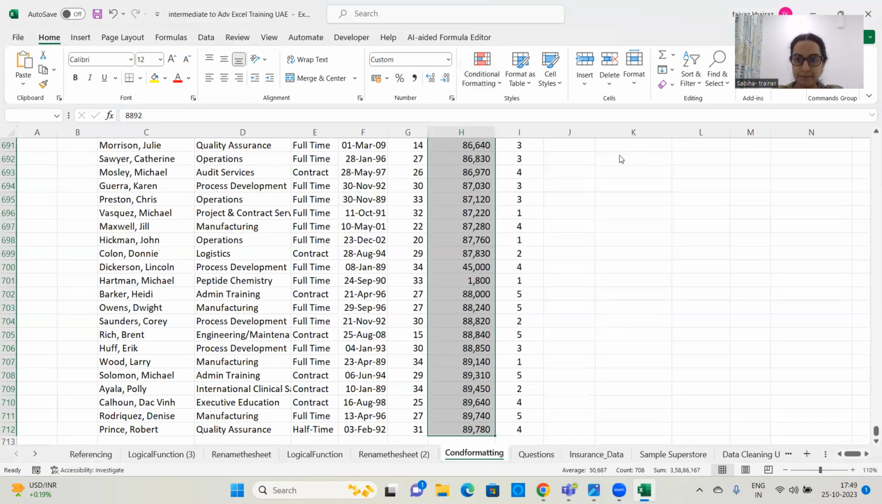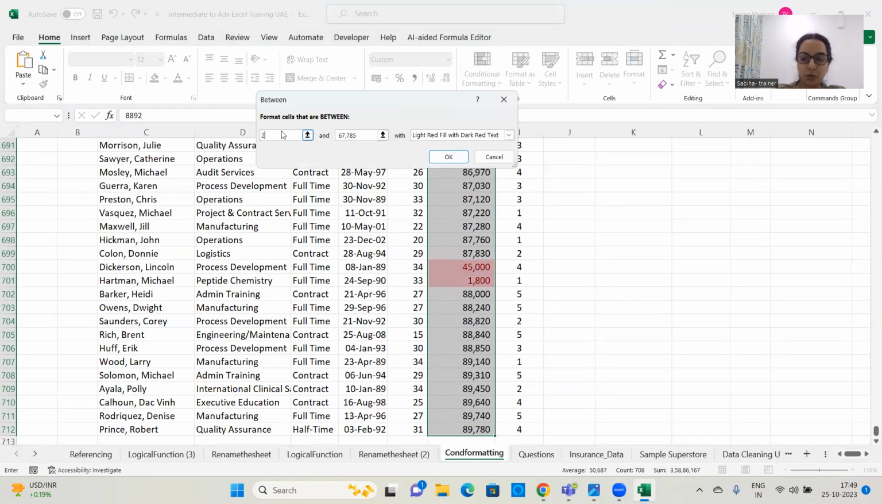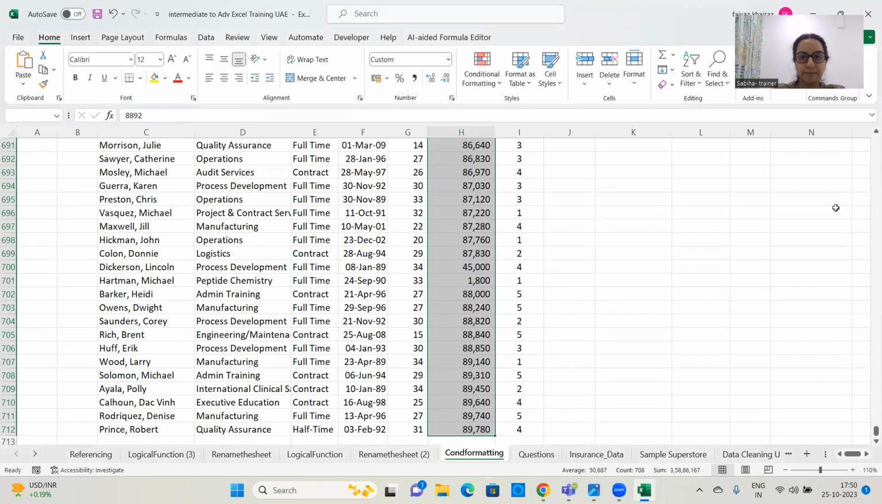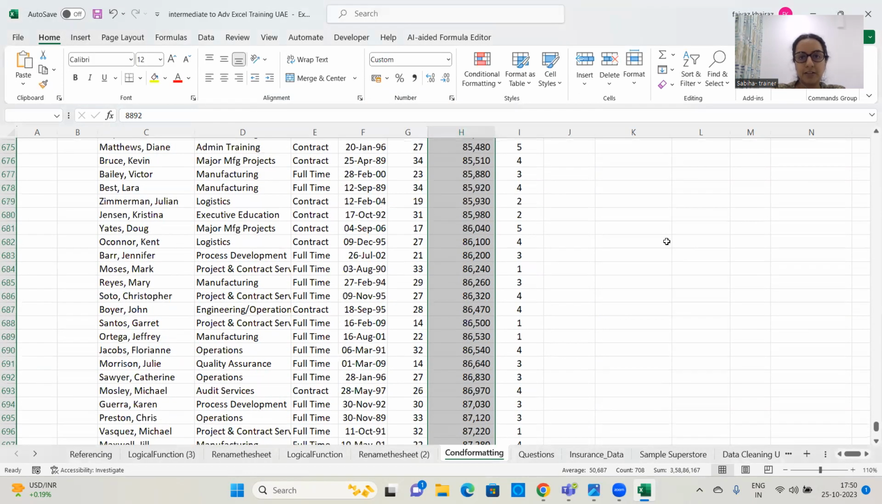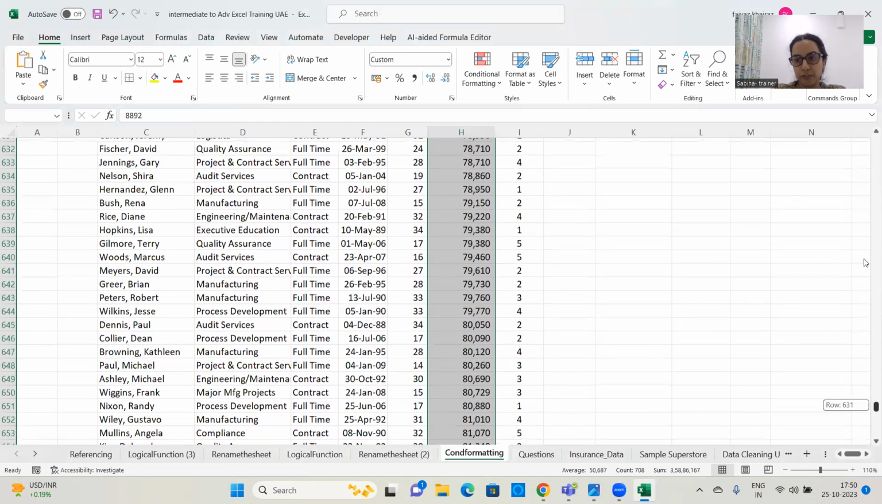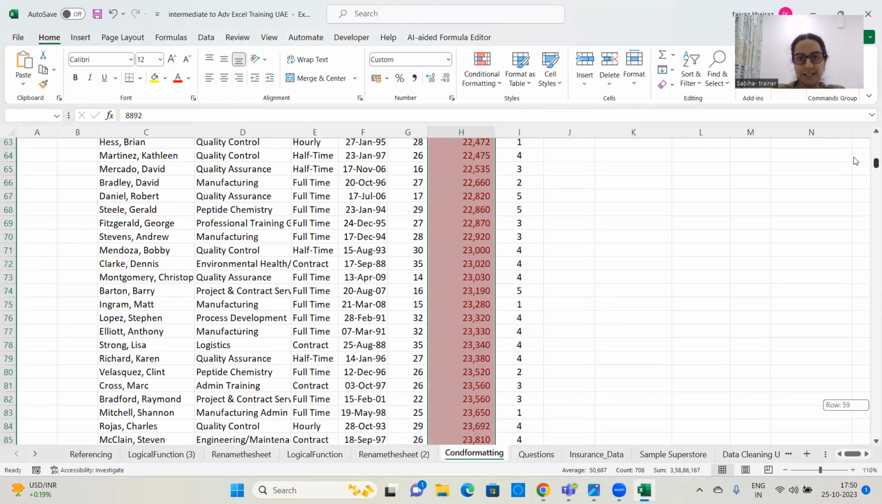So click on between. Provide the lower range, which is 15,000. Provide the upper range, which is 30,000. What does this mean? If it falls between 15,000 to 30,000, it will color it. I repeat, if it falls between 15,000 to 30,000, it will color it. Click on OK. And here, when you scroll to the top of the column, you will see these colors